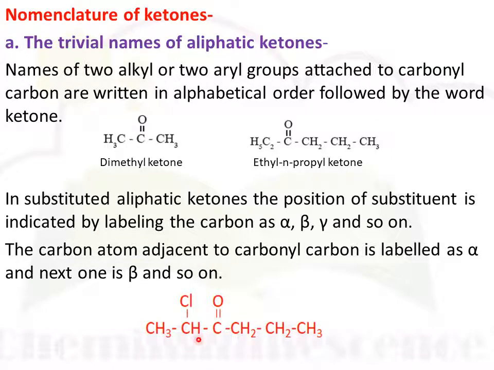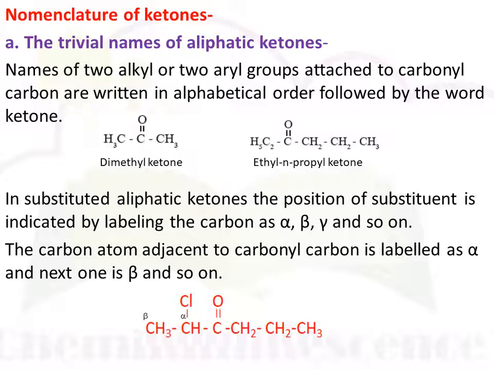In this example, you can see the two alkyl parts bonded to a carbonyl carbon. Out of that, one is an n-propyl and another one has 2 carbons, hence it is an ethyl. But on the ethyl carbon, there is a chlorine substituent present. For labeling this substituent, we have to label this carbon as alpha, beta, and so on. So the carbon next to the carbonyl carbon is the alpha carbon, and the carbon next to that alpha is the beta carbon. In this way, we first label the carbon and then write the name of the compound.